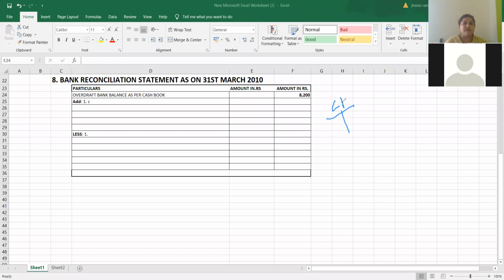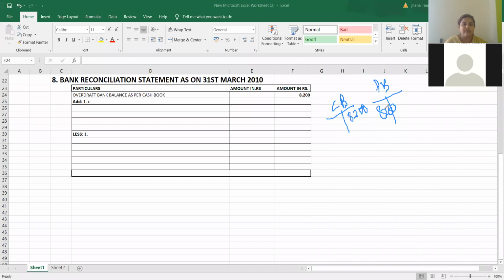So when it is an overdraft balance, what I said, cash book will show credit balance and passbook will show debit balance to us. So if you look at here, already cash book is showing a balance of 8,200, that is credit balance, and passbook is showing a balance of again debit balance, that too 8,200. If you look at the question over here, what is telling that interest debited by the bank. Who is debiting? Bank is debiting. What is the amount it is debiting?